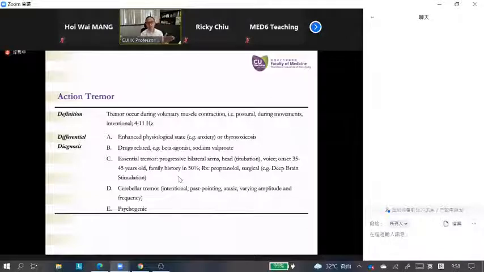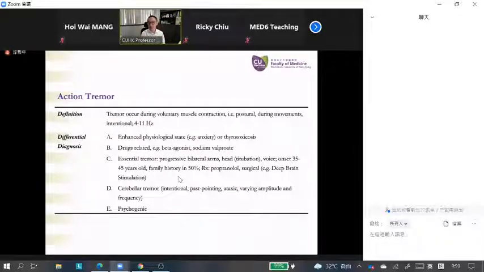So it's around 4 to 11 hertz. For a resting Parkinson's tremor, it's usually 3 to 4 hertz. So for the action tremor, the tremor frequency is faster. Obviously, if you're in an anxious state, many students during the OSCE short case have sweats and they have tremor. So this is an enhanced physiological tremor. And if the patient really has this persistent action tremor,